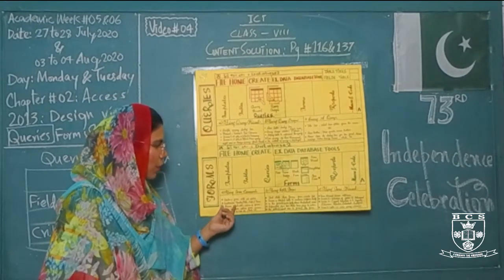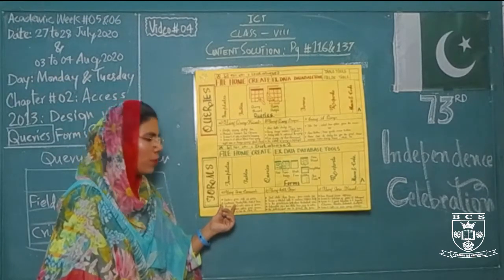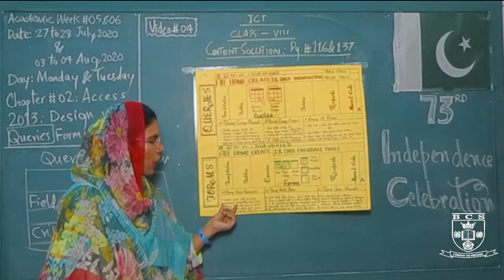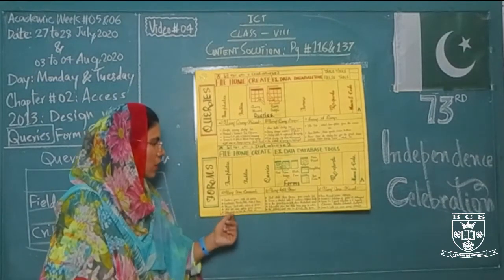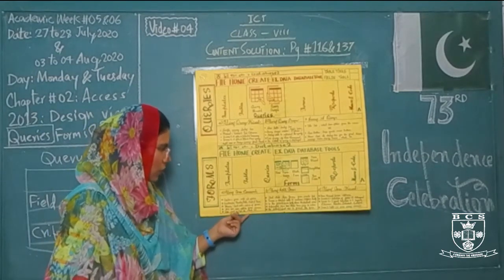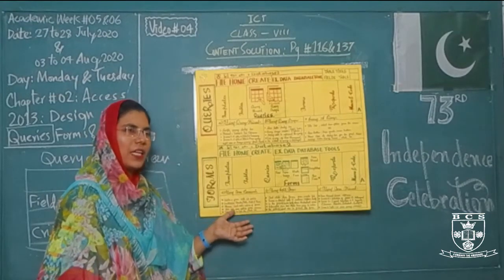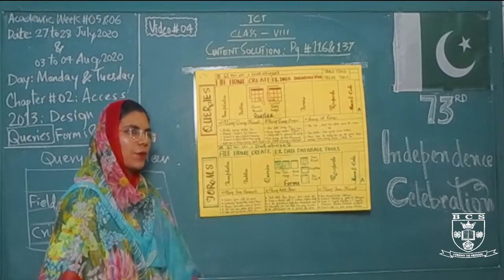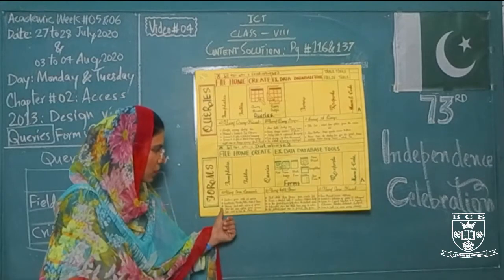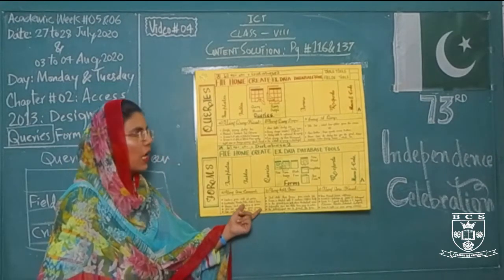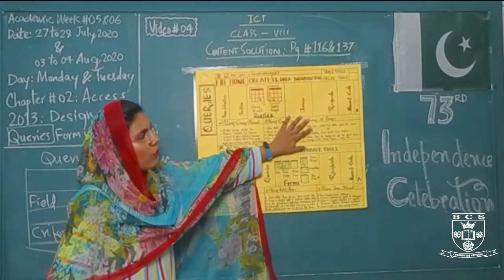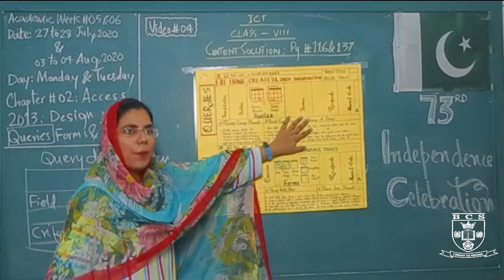Now we have to customize our form. How do we customize our form? By mentioning its header or title, by mentioning date and time, the themes, the font color, the colors of the form, and many other options that we have regarding this particular form. Then for saving, we have to click the file tab and choose the save option from the menu. Again, as we have discussed over here, we have to click the file tab for saving any particular query.